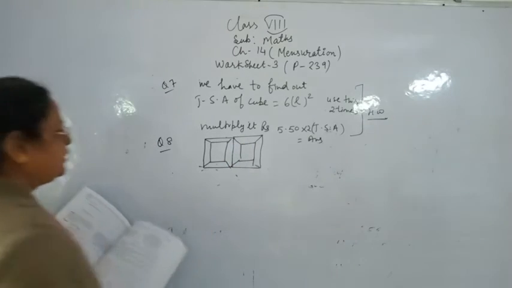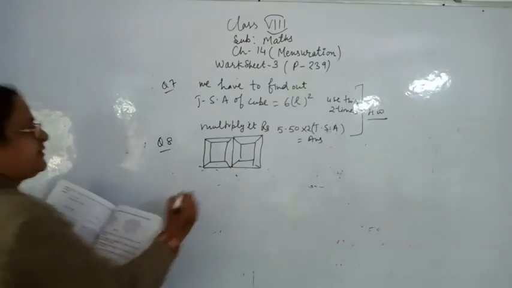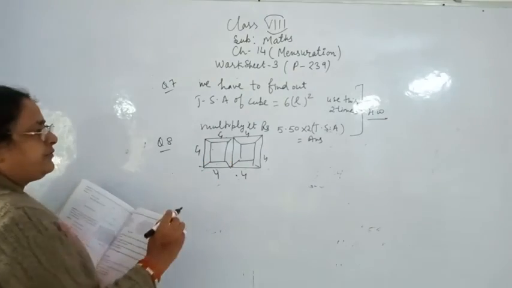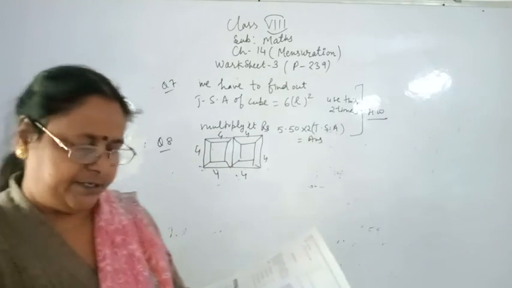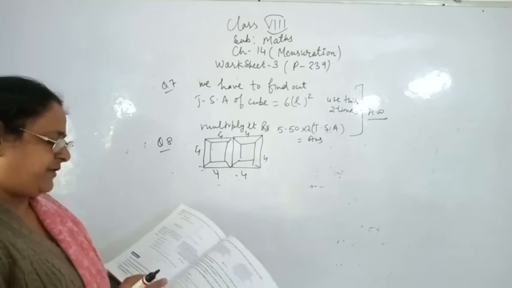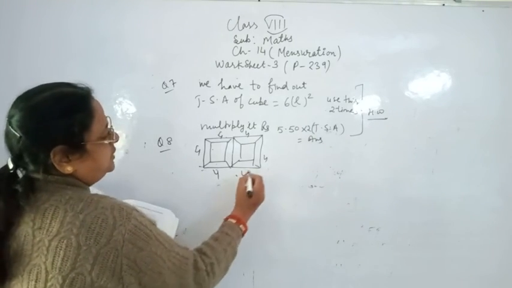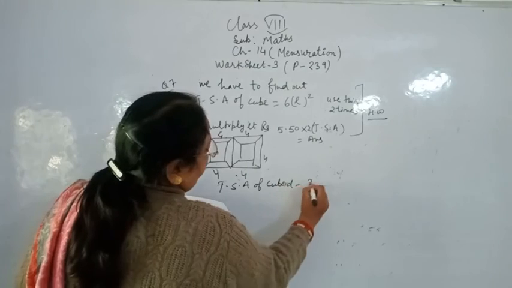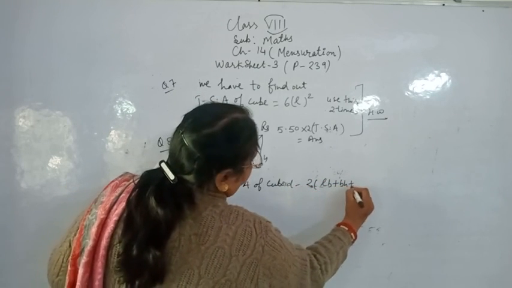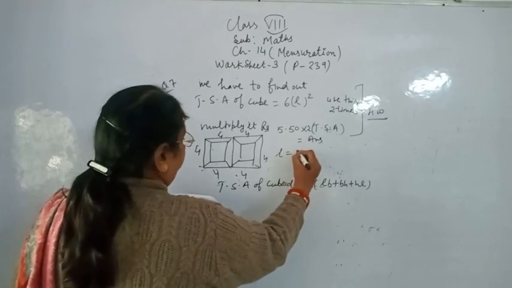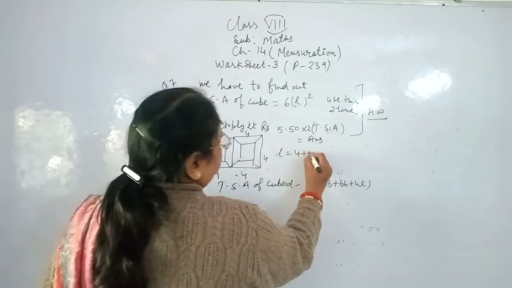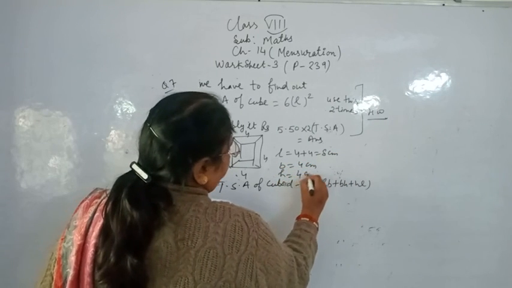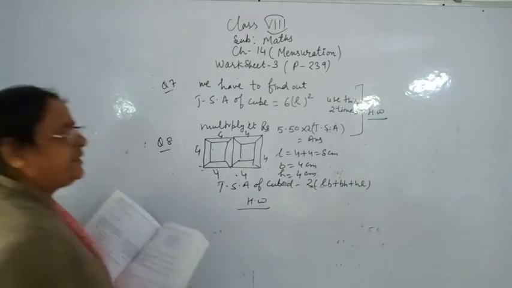Listen to me very carefully. See, this question is also for homework. The sides are 4, 4, 4, 4, 4 and 4 here. So students, what will happen? A new shape becomes, a cuboid. So we have to find out the total surface area of the new solid formed. So we will find the total surface area of the cuboid, 2(LB + BH + HL), and here L is equal to length, which becomes double, 4 plus 4, only 8 centimeters, breadth equal to 4 and height becomes 4. So this is also for homework and you will complete this worksheet. Thank you.